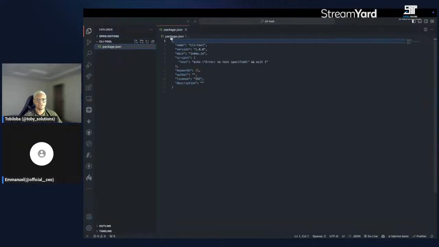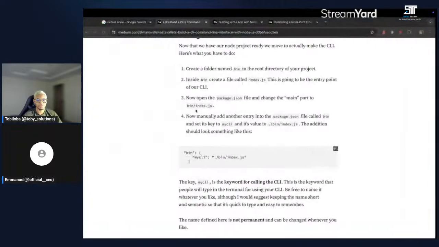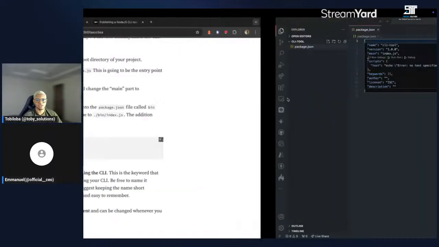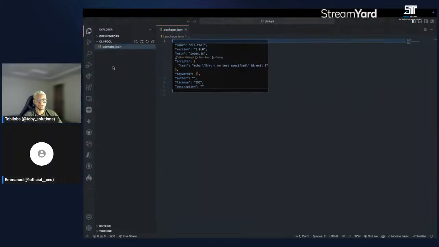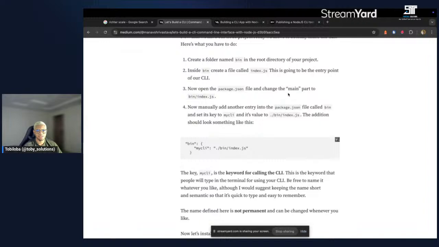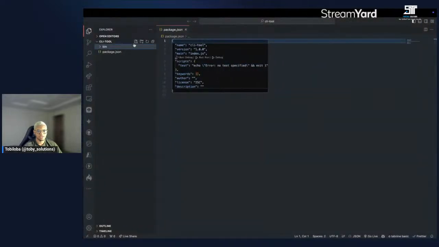I have package.json open. It said to create a folder named bin in the root directory, so I'm going to create that right here, bin. And inside bin, it said to create a file called index.js. So inside bin, I'm going to create a file called